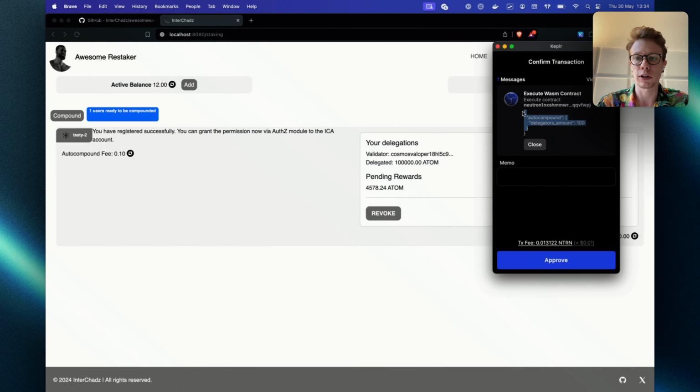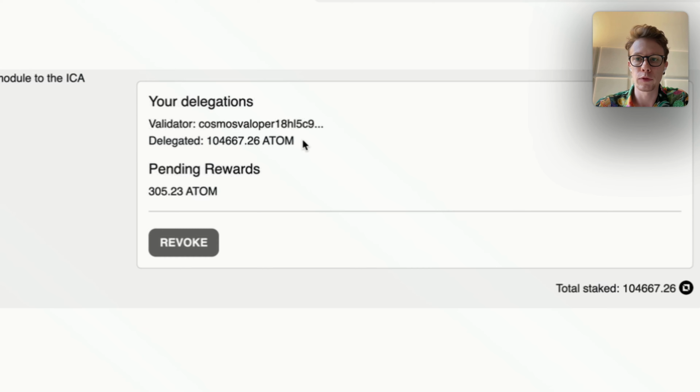It's an execute message. So now we're waiting for that, and you can see here that it happened in the background. The pending rewards have been delegated, and pending rewards are now down since they were taken out and put in here. So we can see that it works. And that's basically the solution.